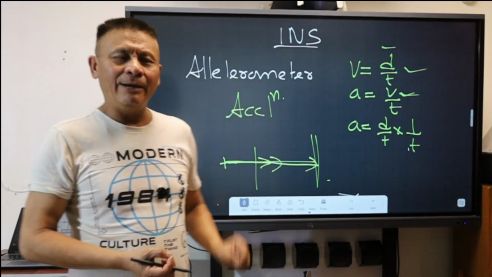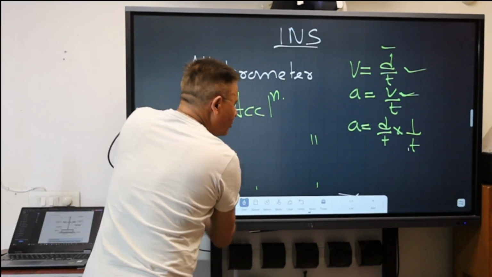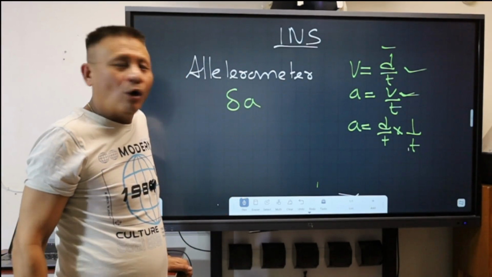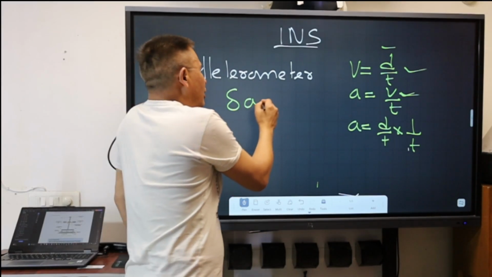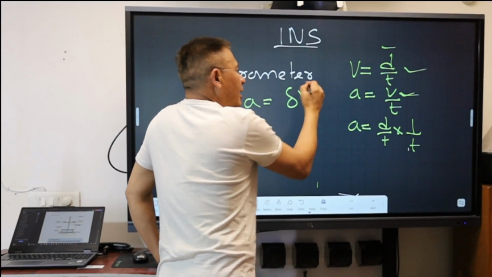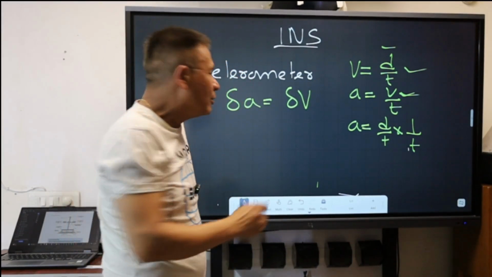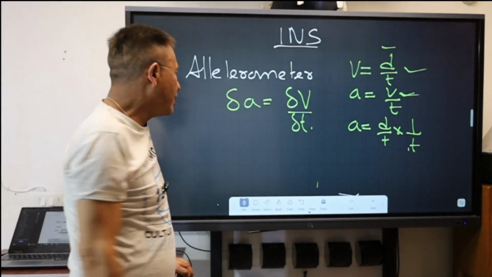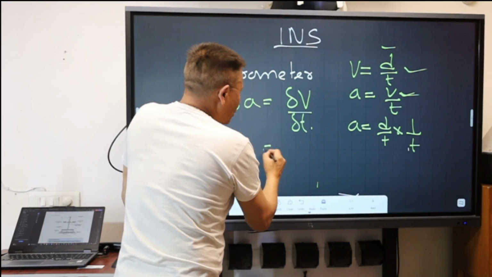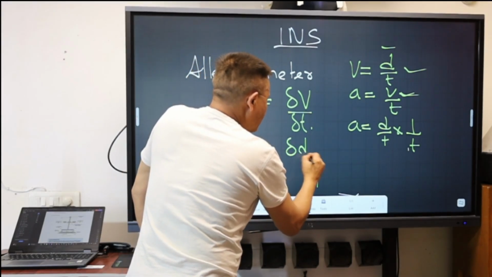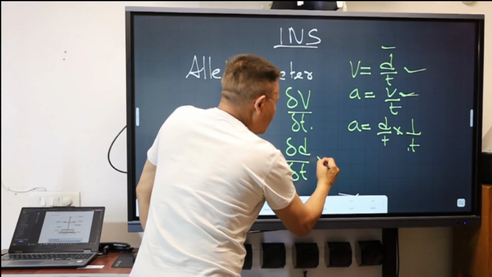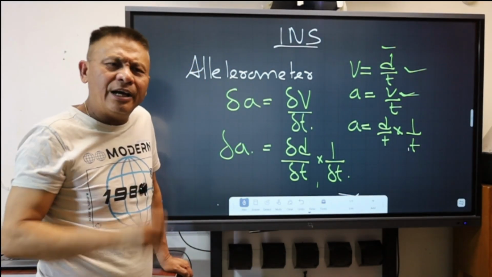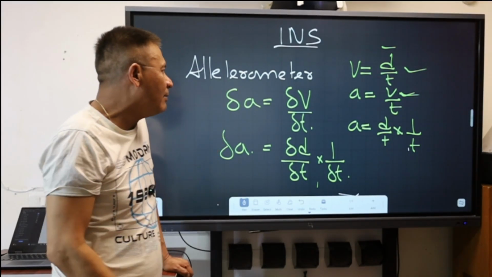Isn't it? If I have to measure a very, very small amount of acceleration, it can be said that it is the delta acceleration, right? In case I measure a delta acceleration, I will be able to find out very accurately a minuscule amount of velocity with respect to time. In the same formula, if I replace velocity by this, this is nothing but your derivative. So by knowing this very minuscule amount of acceleration experienced by the aircraft, if I integrate this,